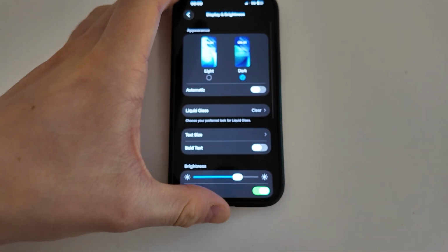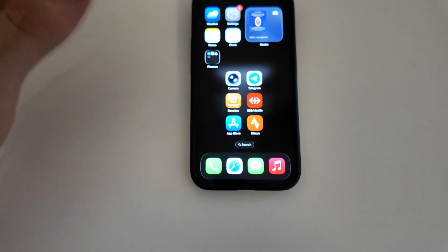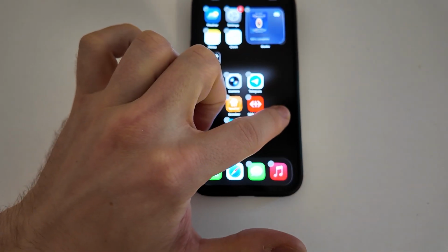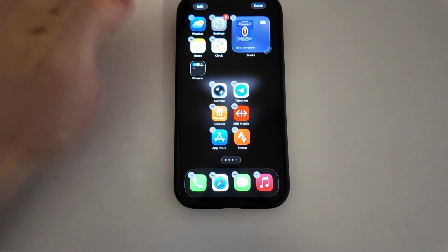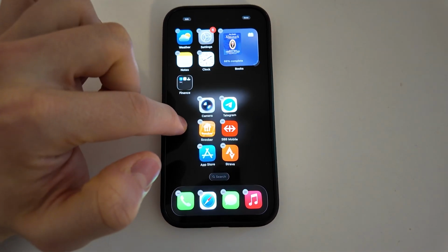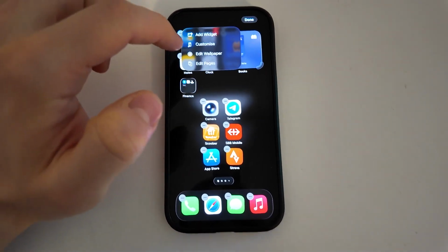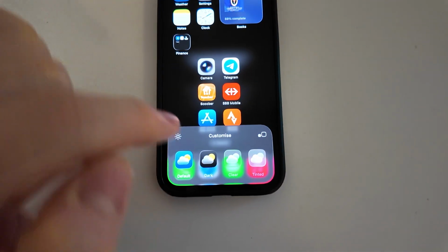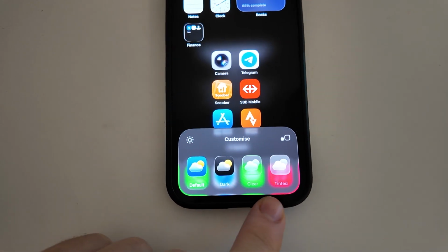Okay, so what we're going to do is we go back to our home screen and tap on any completely free section, and then we go to edit. Okay, over here we tap edit. Oops, didn't work. We press edit. Okay, and then customize. Okay, and here you can see that I can choose the default, dark, clear, tinted, but